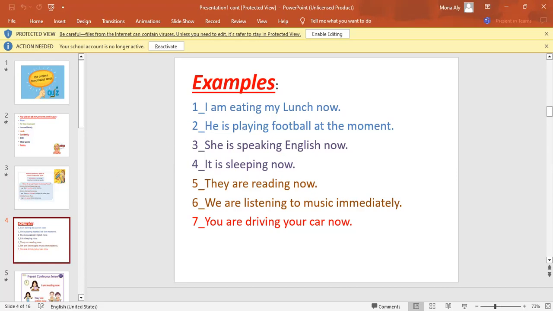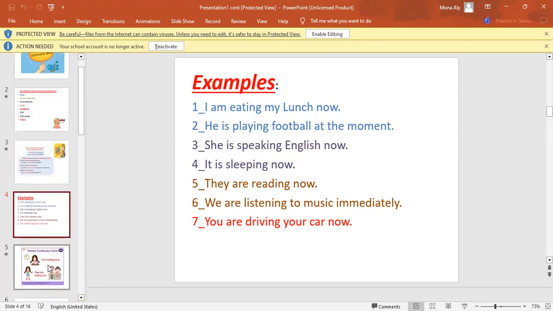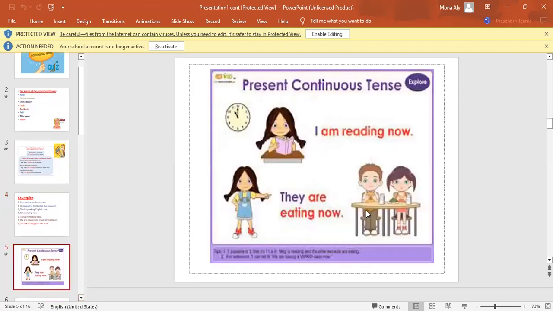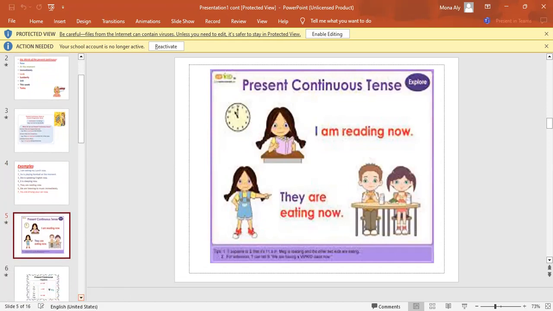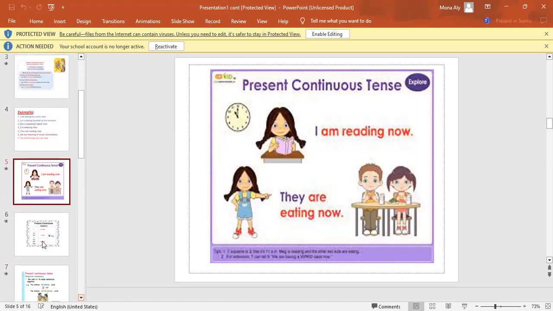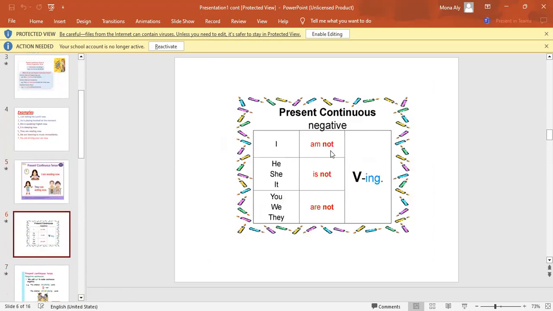Okay, what about the negative? These are other examples. I'm reading now. They are eating now. Okay, let's see the negative. How do we make the negative? I put not with verb to be. I'm not eating. She's not playing. He's not driving. We are not watching TV. They are not traveling. Okay, so if you want to make the negative of the present continuous, we put the word not with